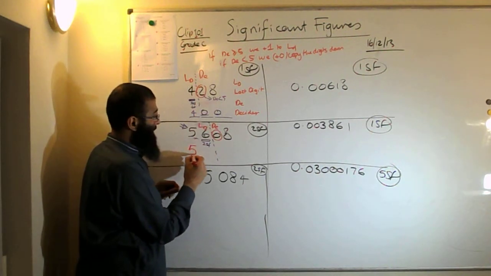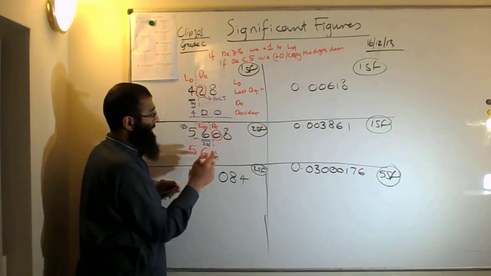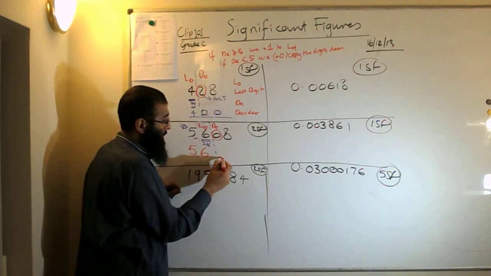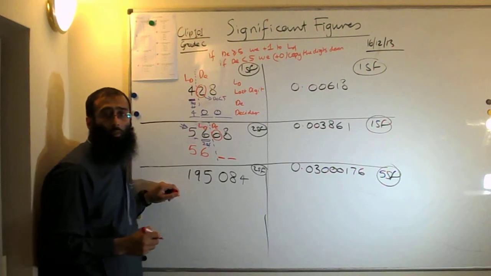Okay, just copy them down. Copy this down, copy that down. But we have to stop at the last digit. This 6 is the last digit. So we have 2 gaps. We can't say that